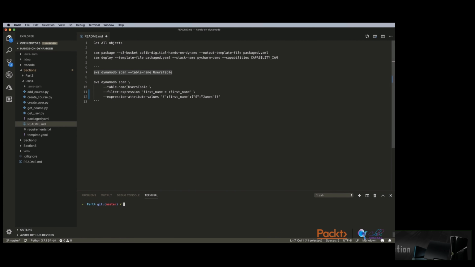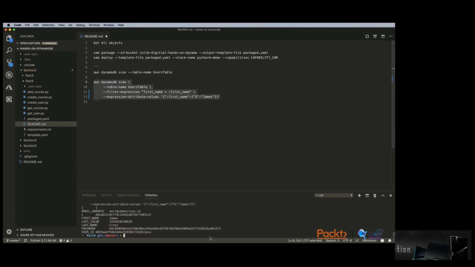If we want to run a filter expression, we do the same thing. Specify the table name, specify the filter expression. So we specify the variables for our filter expression. One is first name, and the field is first name. And the expression attribute values, we say that the first name is a string, and we're looking for a value of James. So in our filter expression, attribute first name should be the same as the attribute value we passed in, which is James. So if we run that operation,